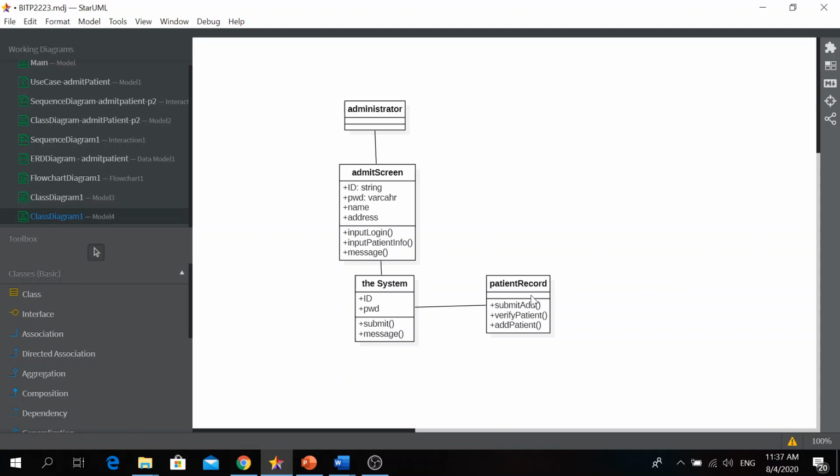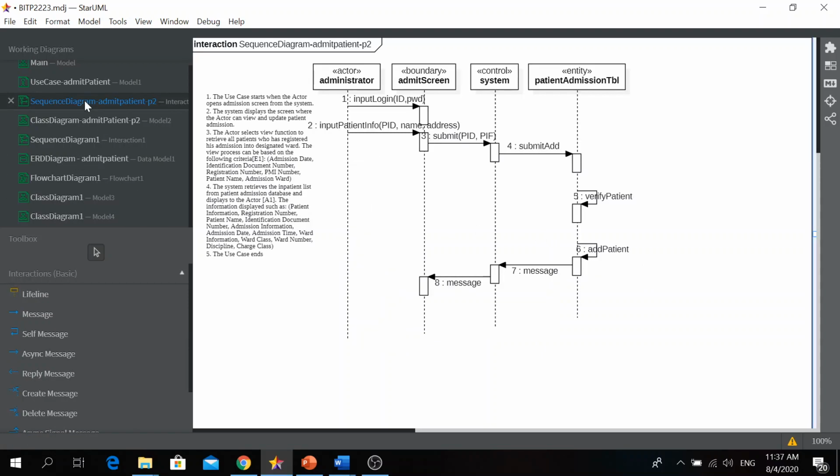What is the value parameter for the patient record? Go back to the sequence diagram and check what value the message carries. For the time being, there is no value shown, so you need to update this one. You need to update the operation for submit with the values that they carry to update in the patient admission table.